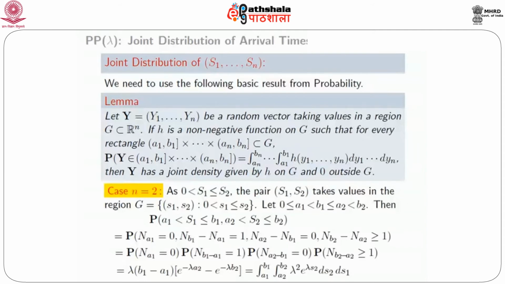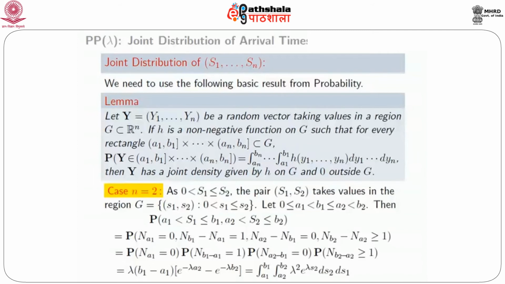So I try to calculate the probability that the pair S1, S2 lies in that rectangle, which, as I said, is the same as S1 strictly bigger than a1 and less than or equal to b1, and S2 strictly bigger than a2 and less than or equal to b2. Remember, S1 is the time of the first event and S2 is the time of the second event. So this event can be written in terms of the original Poisson process as follows. Saying that S1 is greater than a1 simply tells you that N(a1) is 0, no event up to time a1. Then saying that S1 lies between a1 and b1, with equality allowed at b1, simply tells you that on the time interval (a1, b1], exactly one event has taken place. So N(b1) minus N(a1) equals 1,